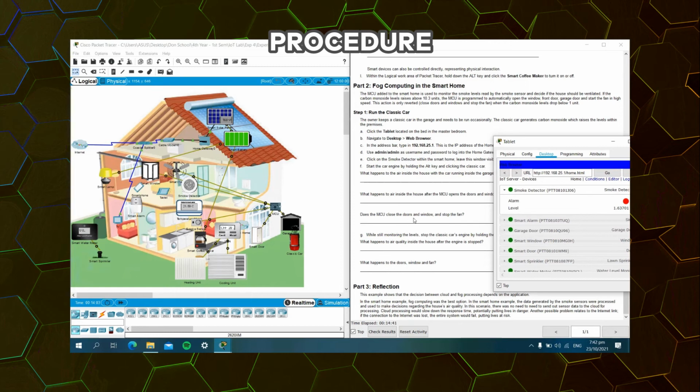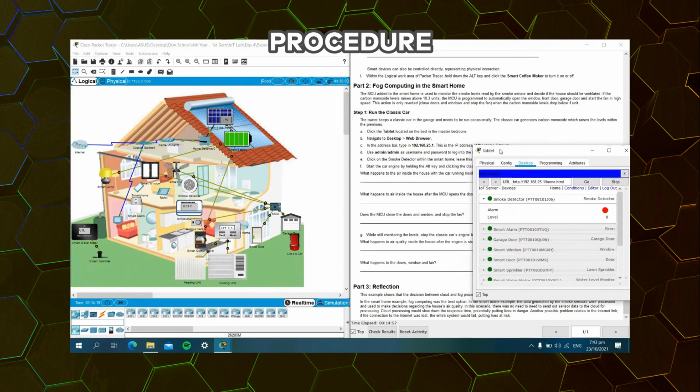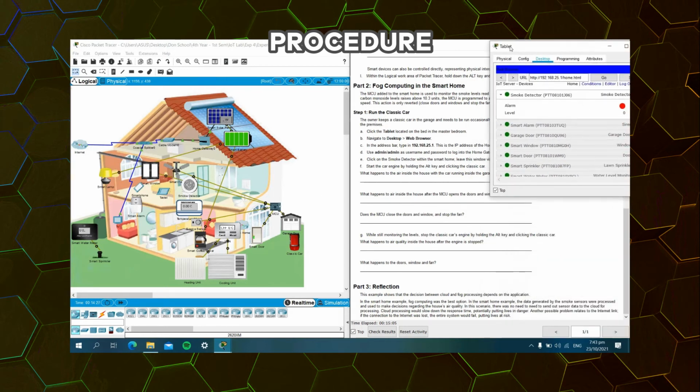Does the MCU close the door and windows and stop the fan? Let's try. So upon clicking again the car, it stopped producing carbon monoxide, which led to the smart window, the fan, and the smart door closing. But if left unattended, let's try again. There, if left unattended,